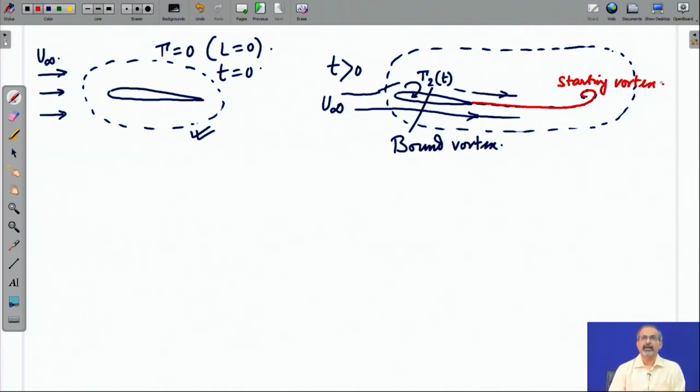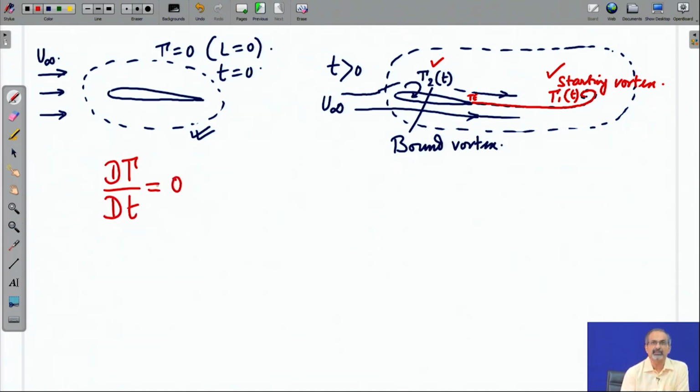So, the vorticity has been shed from the trailing edge of the airfoil as the flow established itself, and it moved into the wake. How much circulation was contained in this starting vortex, let us call it gamma 1, and of course, both gamma 2 and gamma 1 are changing with time. As time elapses, we would find that the values keep changing, but the total circulation content of the same set of fluid particles that we ended up tracking gets expressed through the relation that the material derivative of circulation